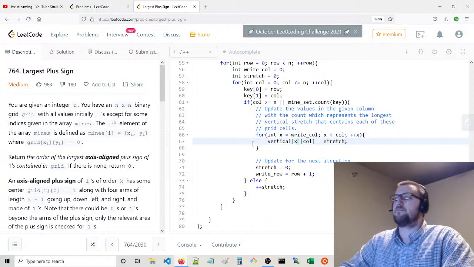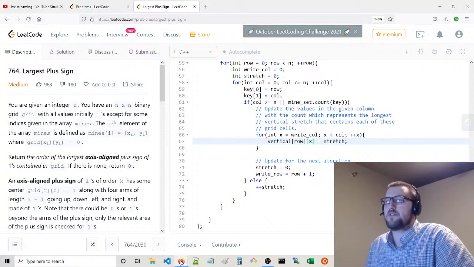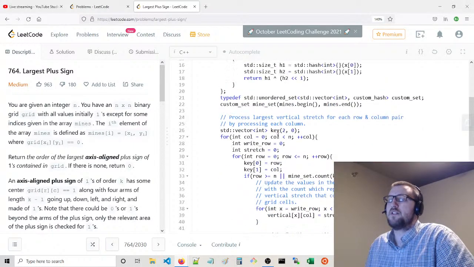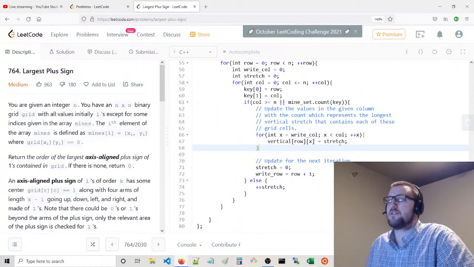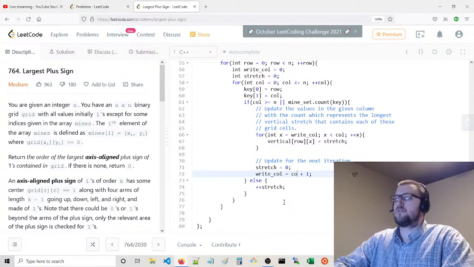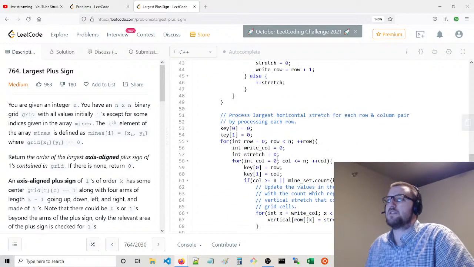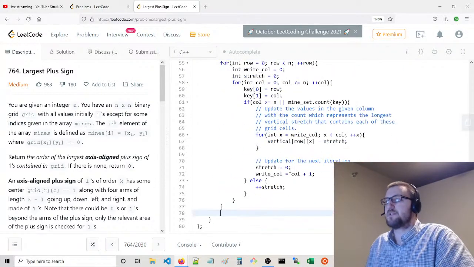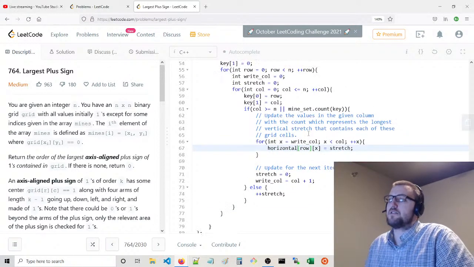I actually think there probably is a way we can modify this so we can just write one function and not duplicate the code. But I think for now we'll keep it as it is. I think it's this simple, and then we can say horizontal stretch, vertical stretch. Actually, we can do